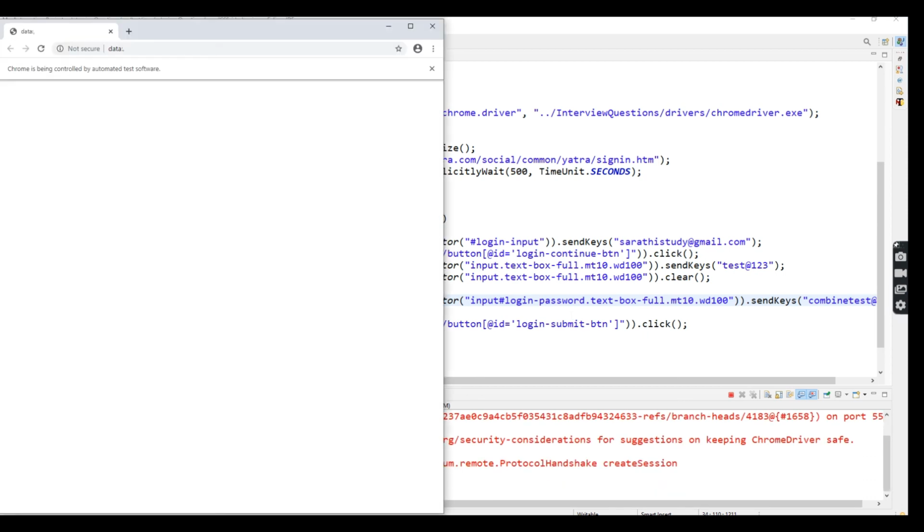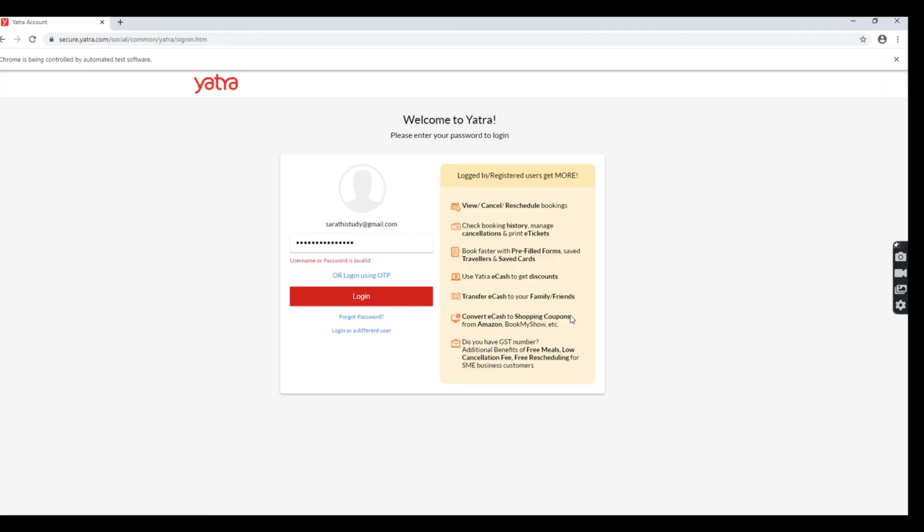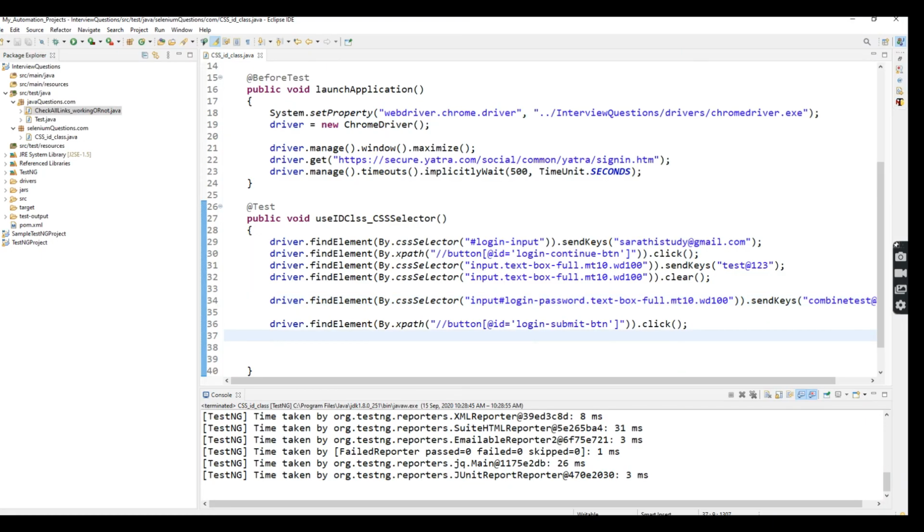Make sure that after entering the first password, it is cleared. Again, it enters the second value. See, got it, right? Now you can identify the character value. So this is the way we follow using ID and class, how we can combine both ID and class in CSS selector. Okay, thank you guys.